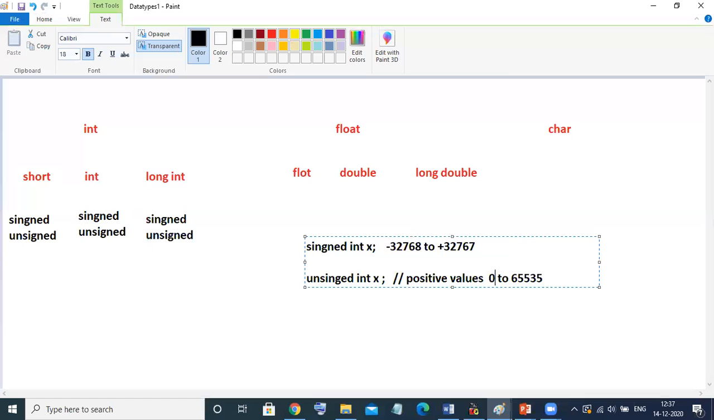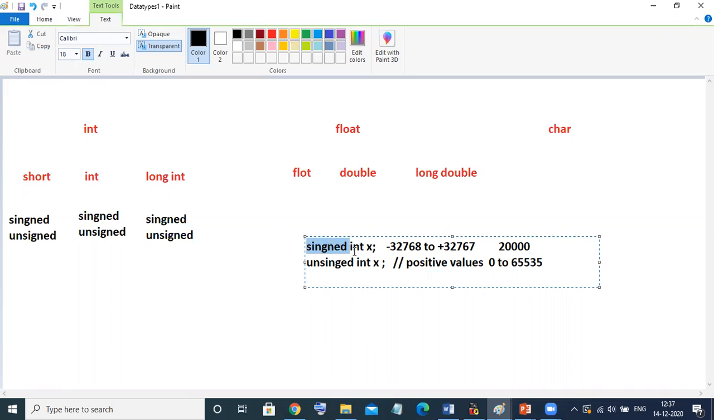So depending upon the size of the variable of the data type, the value will be held by this variable. Now suppose you want to store a number in between, say 20,000. You can easily hold this 20,000 in this first variable. This is signed int. If you're not giving any signed or unsigned, by default it is signed only. But suppose you want to store 50,000. Can this 50,000 be held by this signed int? No, because the range